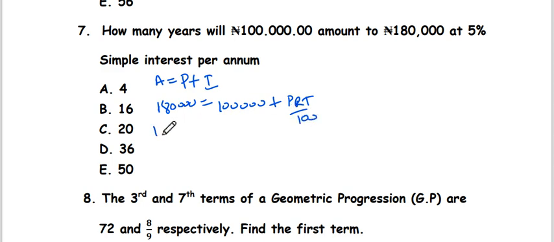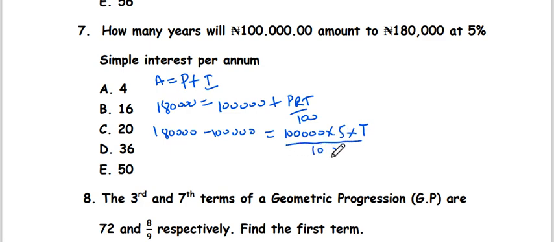So 180,000 minus 100,000 is equal to our principal, 100,000, times the rate, 5 times T divided by 100. So this 80,000 is equal to, this cancels out, that's 1,000 times 5, that's 5,000